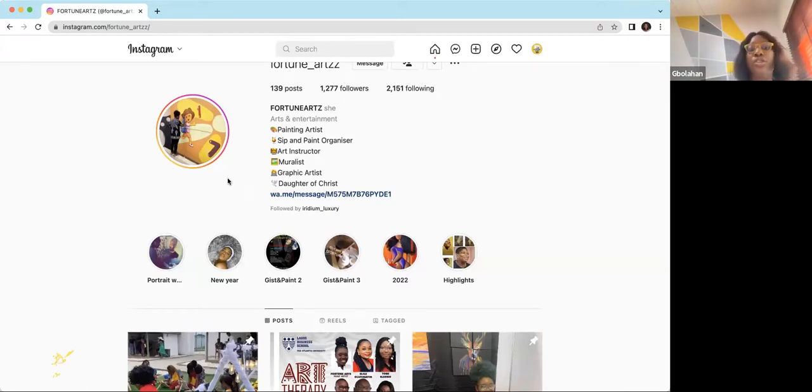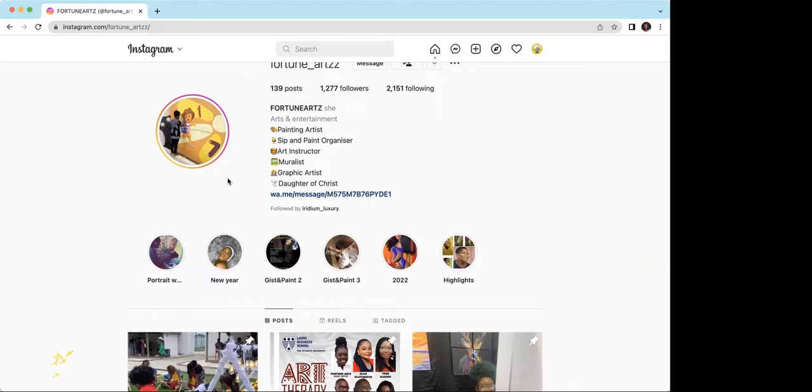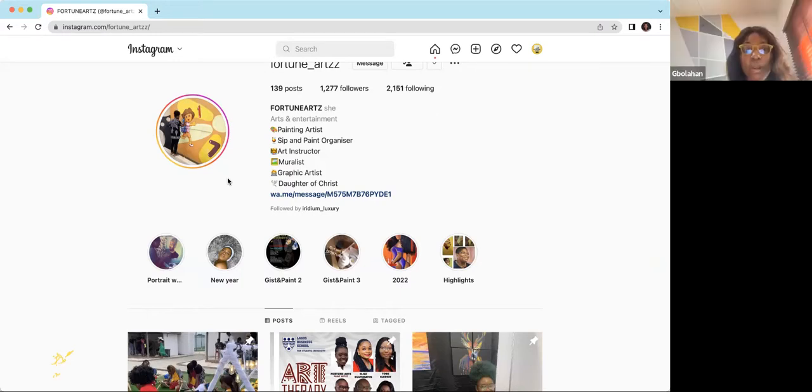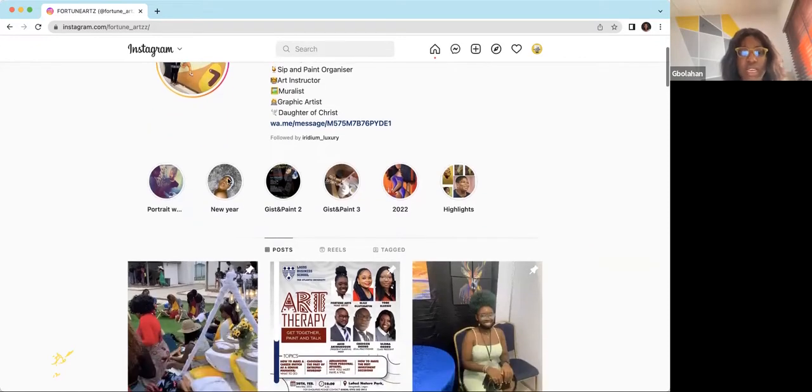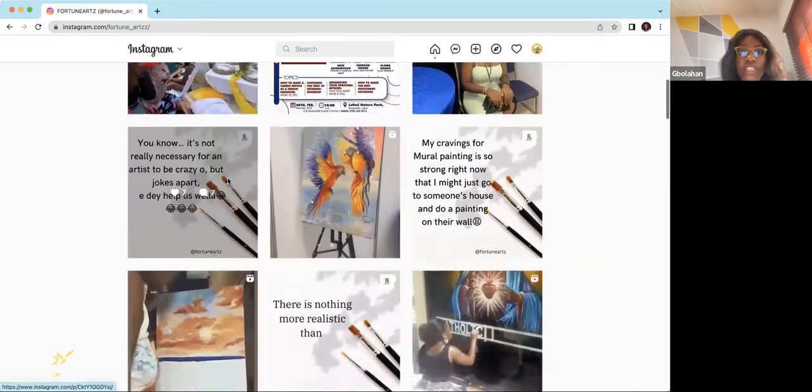Do you understand? So it will make sense if this highlight is worked on and you have something seamless that is the same around that place. Yes, to make it uniform. Yes, and then the portrait work makes sense. The highlight and paint should be a single thing, right? Then you can put maybe your instruction classes and stuff like that. Yeah. So let's check your profile.